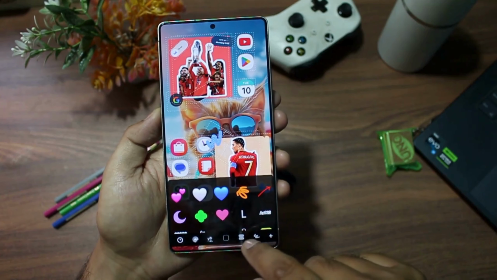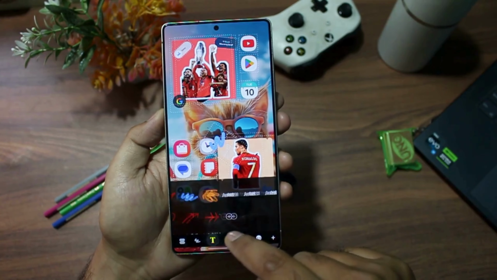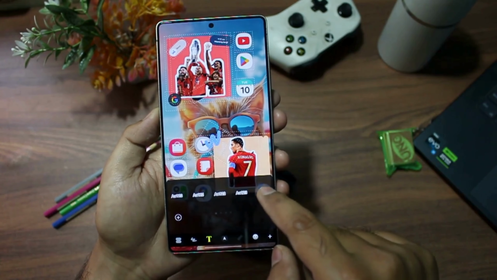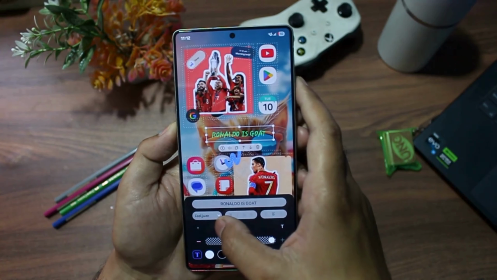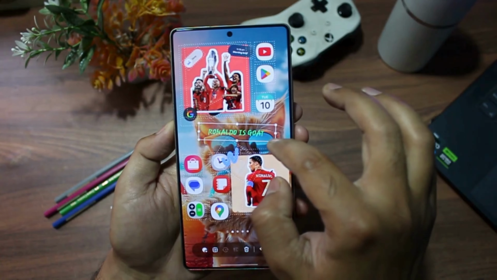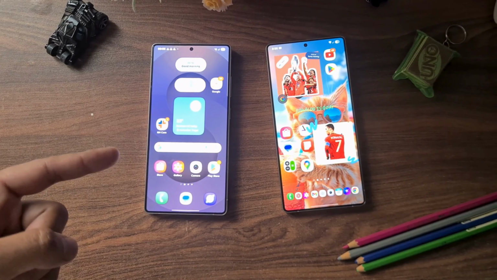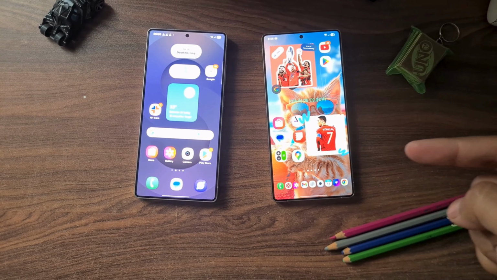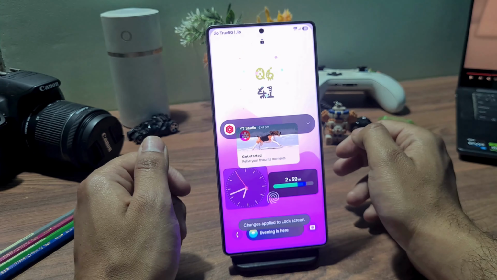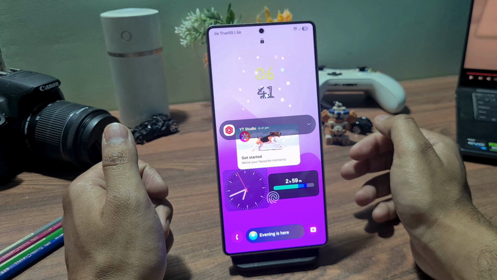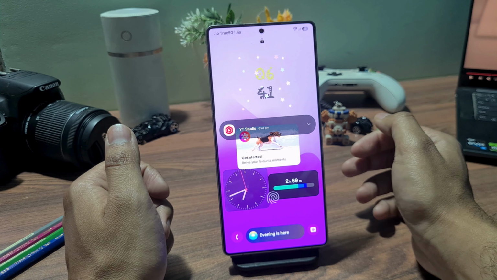Back inside those extra options, you may have noticed you can add text as well, which I recommend you guys give a try because it really does bump up your customization to the next level. So your home screen should go from looking like this to looking like this. You can do the same with your lock screen, but I'll show you how a bit later because now there's something even more fun you've got to try.